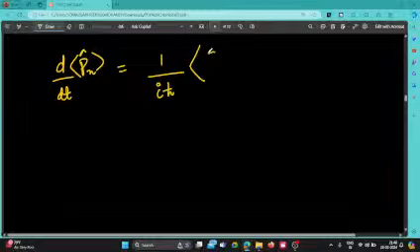It will be done in the same way, like 1 by iħ, expectation value of the commutator of px and H,